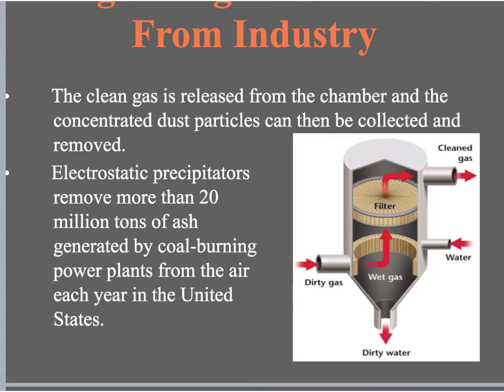Again, here's another image of another way that industry is regulated. The clean gas is released from the chamber, and concentrated dust particles can be collected and removed. Here's an example of a filter. These electrostatic precipitators remove more than 20 million tons of ash generated by coal burning power plants from the